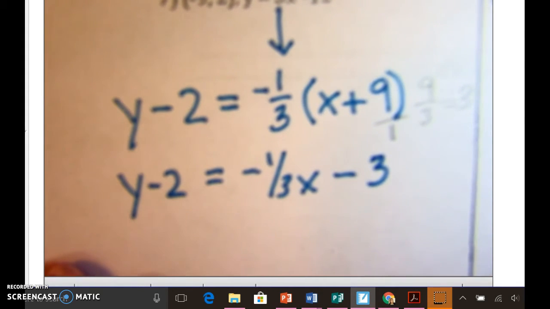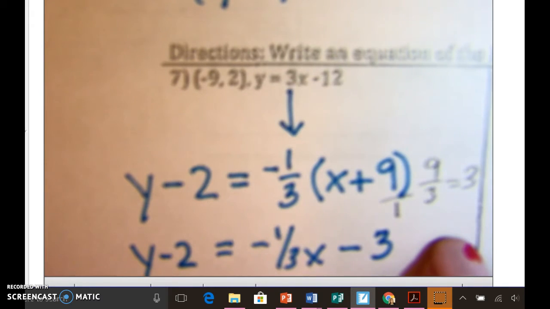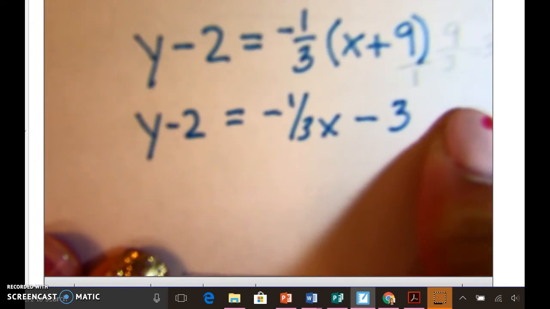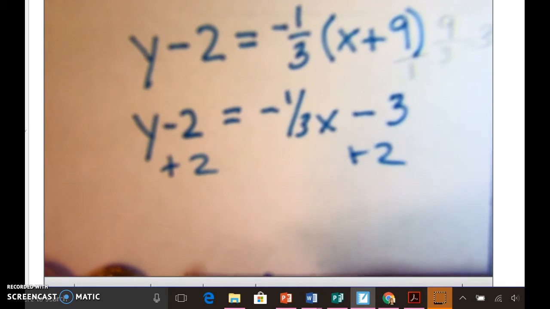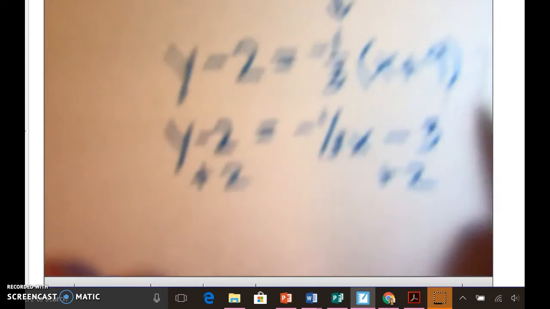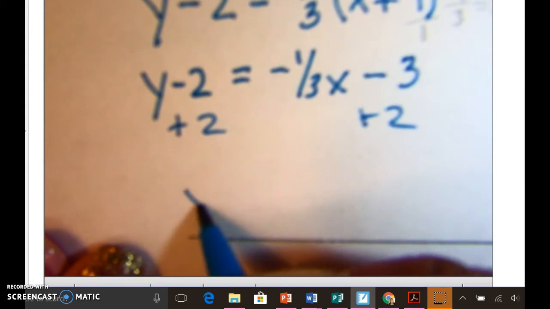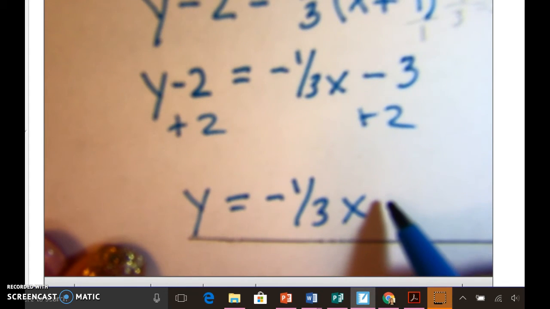So now I need to get the y by itself so it looks like slope-intercept form, y equals mx plus b. So the last thing I need to do is add 2 to both sides. So the equation of a line that's perpendicular to this one and goes through this point is going to be y equals -1/3 x minus